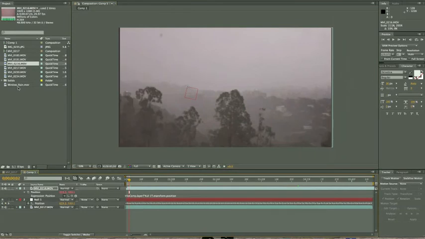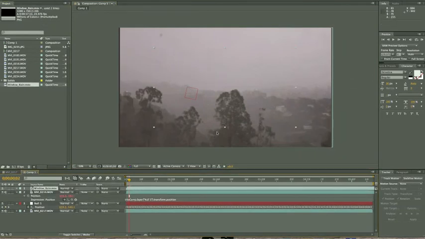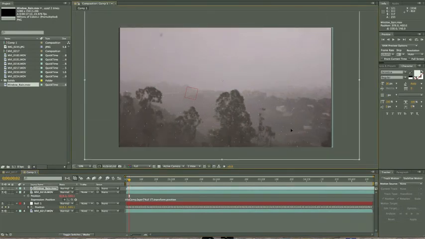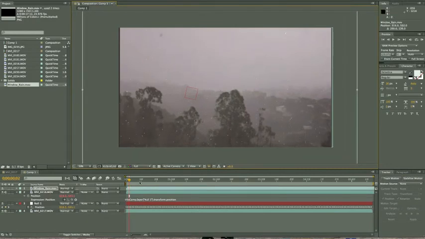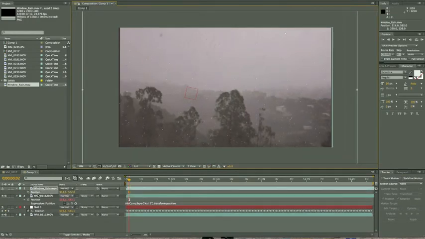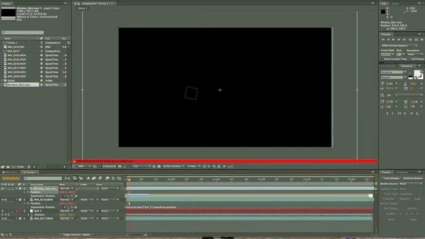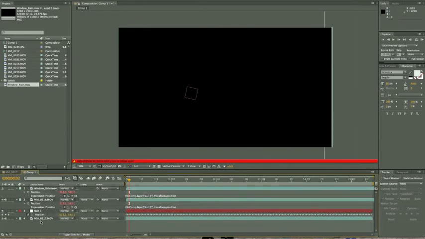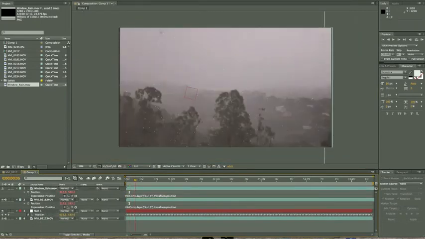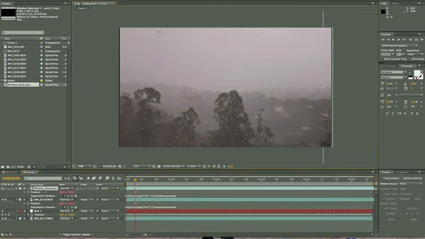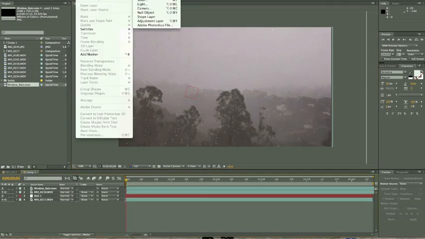Another thing I want to add in here is something from Action Essentials from Video Copilot, which is those raindrops on the window. So I'll just scale them up a little bit like that, and again link it by alt-clicking on the position to the null position. So we have so many different layers of motion, and it really makes everything very interesting and organic and cool. We're also going to add a new adjustment layer